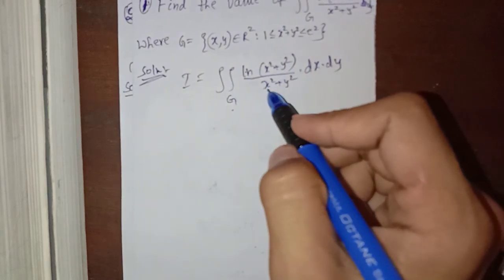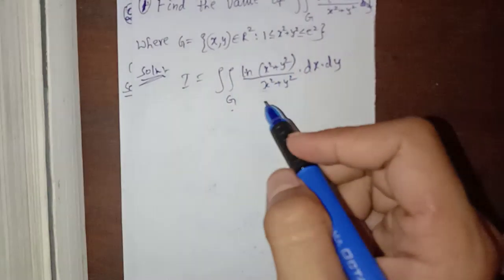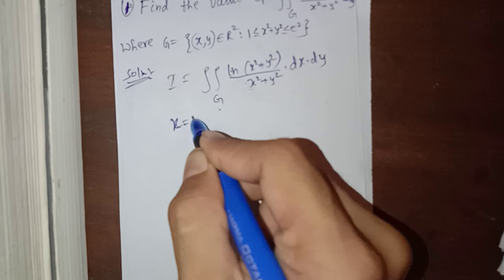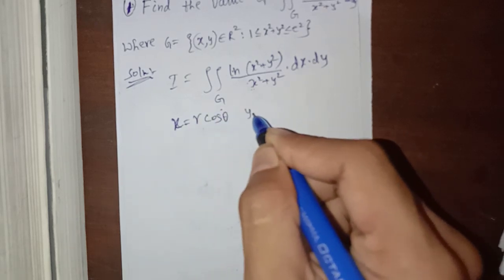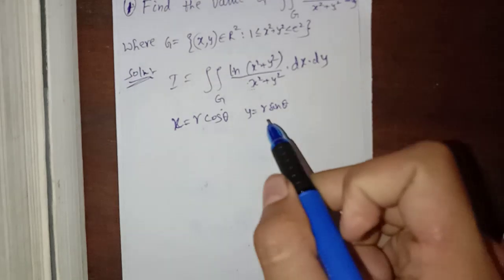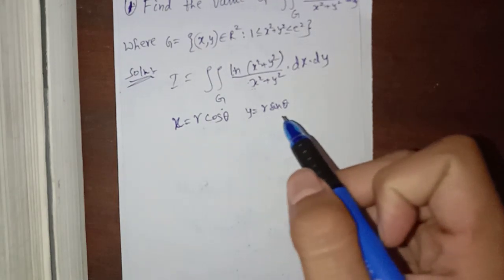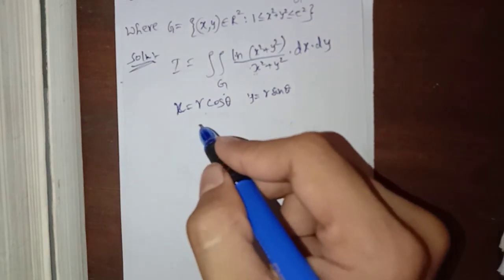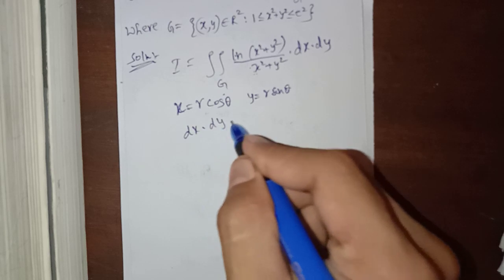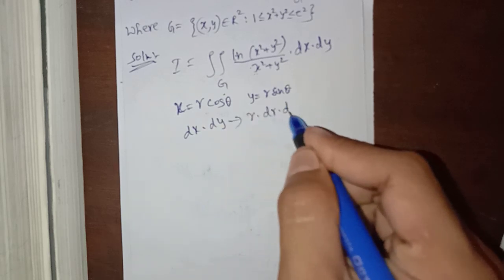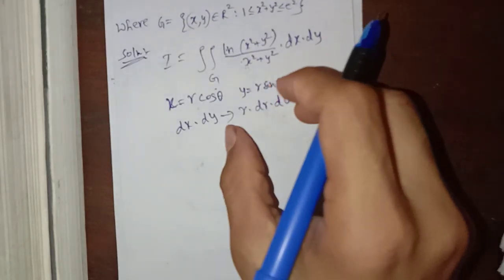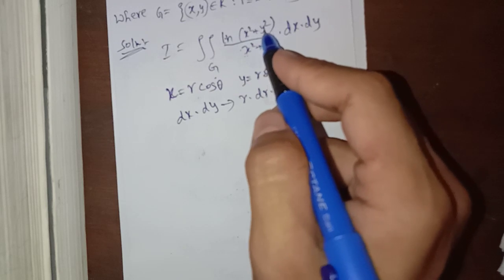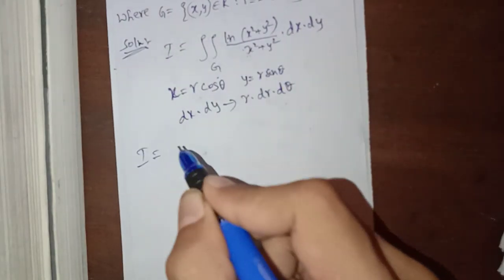so we can change this into polar coordinates by putting x is equal to r cos theta and y is equal to r sin theta. Then we can write dx dy as r dr d theta. This is one transformation. Using this transformation we can change this and we can write I is equal to